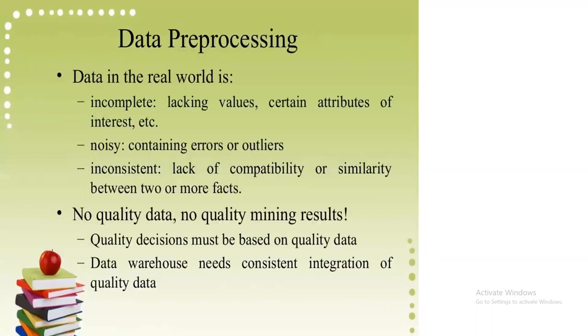Real world data, do you think it is incomplete? As the bitter reality you saw today in bike buyer, the data is not 100% completely available. Missing values are there, incomplete. Is it noisy data, ladies and gentlemen? What is noisy? Some categories say yes, some categories say no, equally. That is called noisy data. Is data inconsistent? Yes, there is a lot of uncertainty in this. That's why, do you think raw data is of high quality or not? Real world data never comes in high quality at all. If it were high quality, half of our problems would be solved in research.